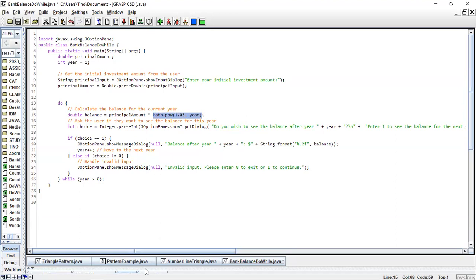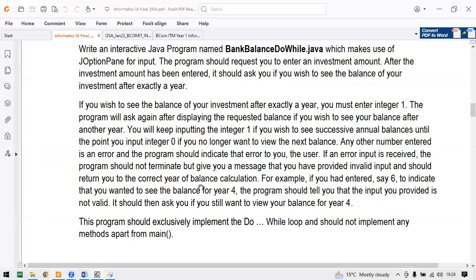So this question specifically requires us to think outside the box, to say, do you know how to calculate the interest? After the interest, you need to come up with the principal for each and every year. So that's how this code works. All right. Let's move on to another question.